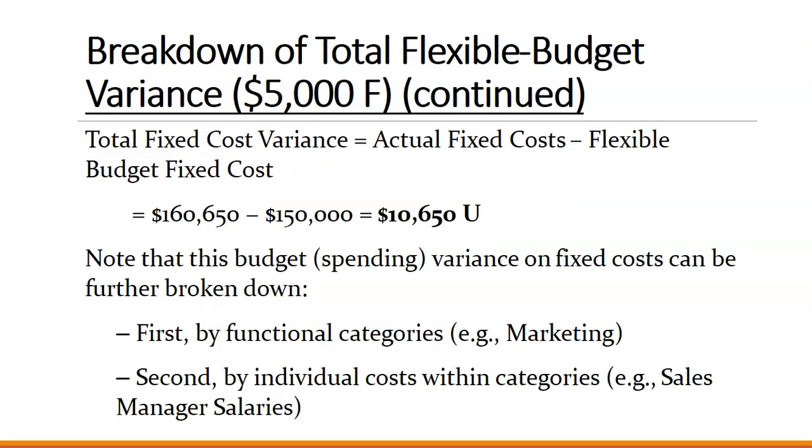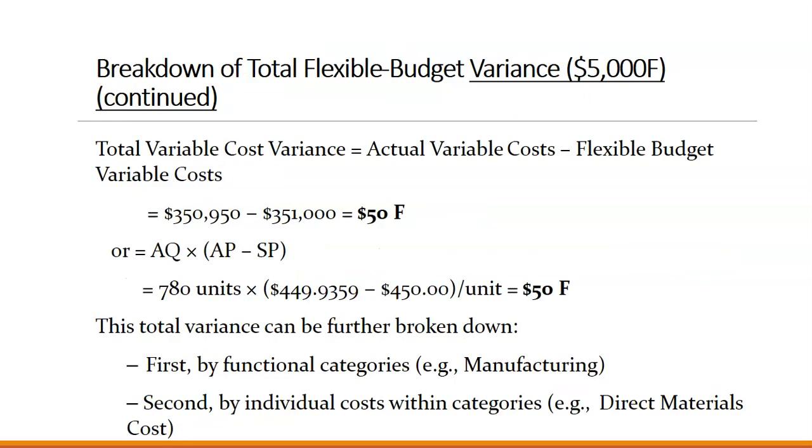Our total fixed cost variance is the actual fixed cost minus the flexible budget fixed cost. This was a spending variance on fixed costs. This can be broken down even further between what part of those fixed costs were individual costs within categories and which were functional costs. So here we have total variable cost variance, or actual variable cost minus the flexible budget variable cost,